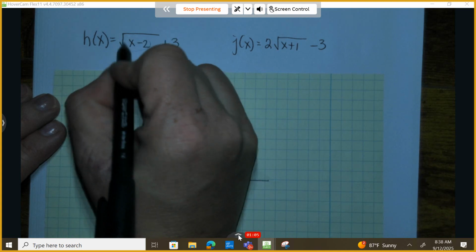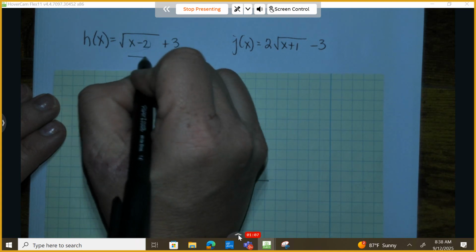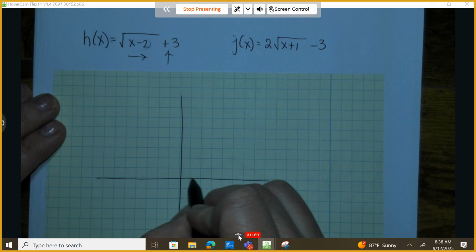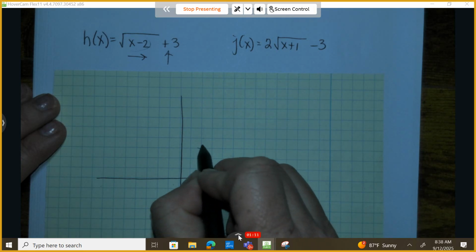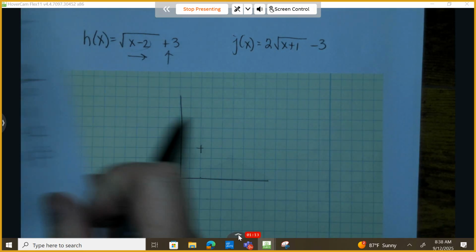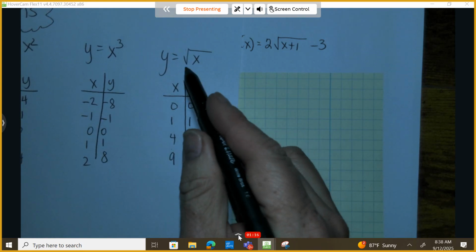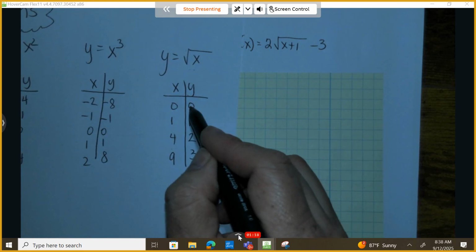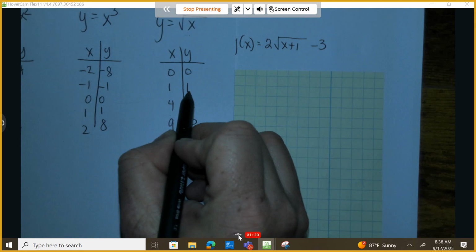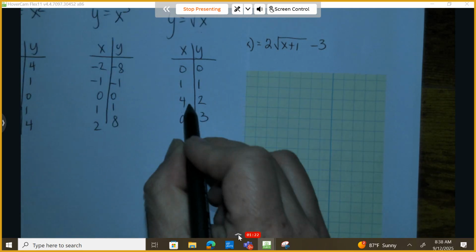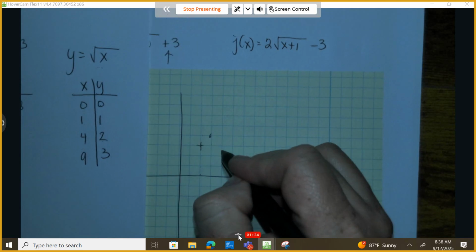This is on the inside. This is going to be a horizontal shift. It lies to us. We're going to go right 2, and we're going to go up 3. 1, 2, and up 3. 1, 2, 3. This is my point. Now I come over here, and I'm looking at the ordered pair specific to this parent function. So this is 0, 0. Done. I'm going to go right 1 and up 1,